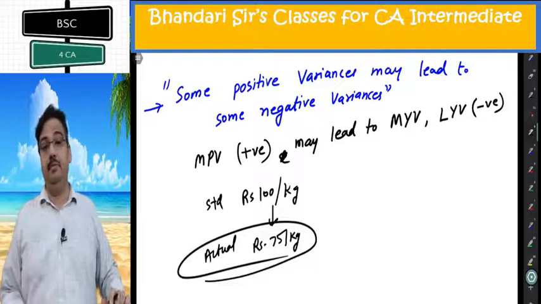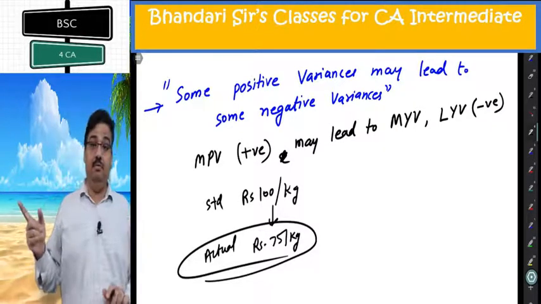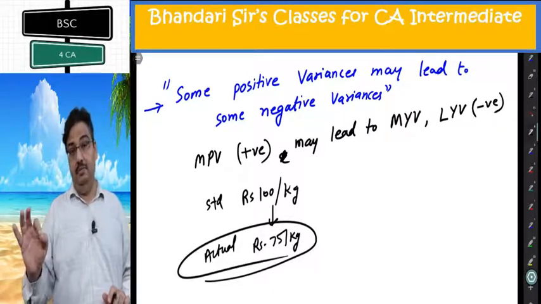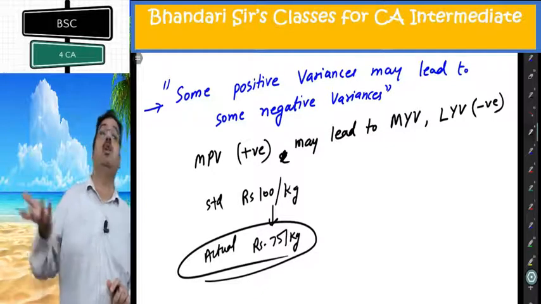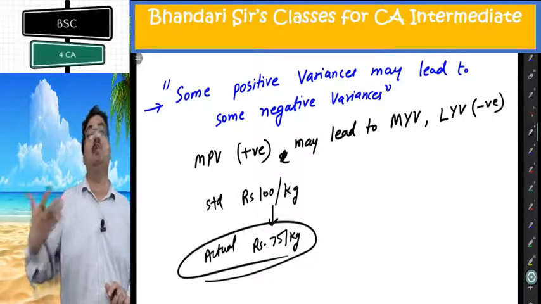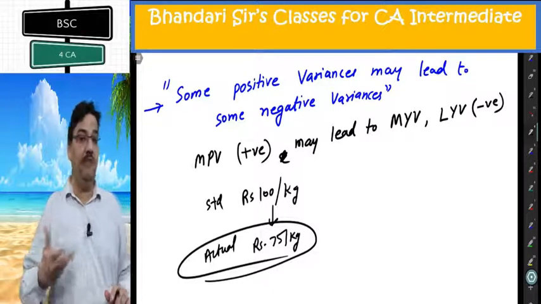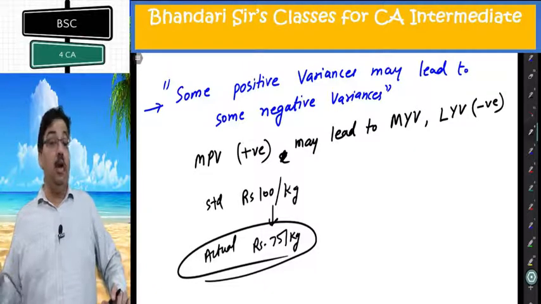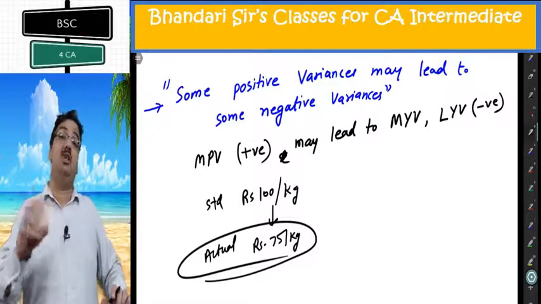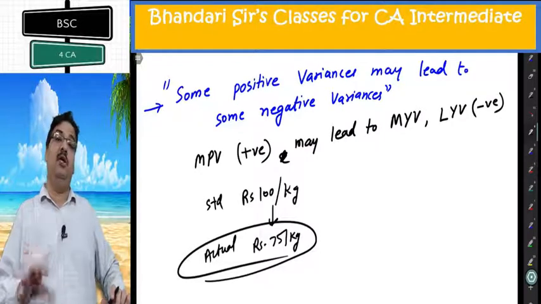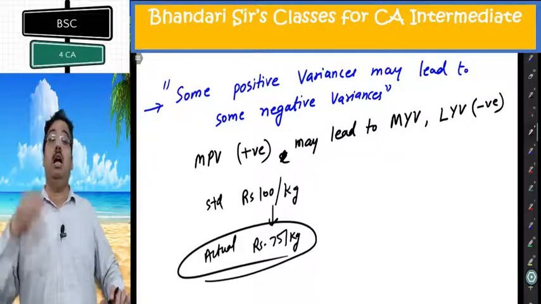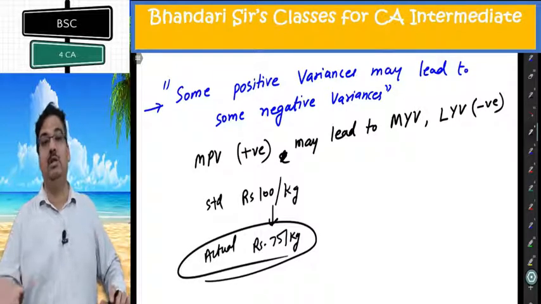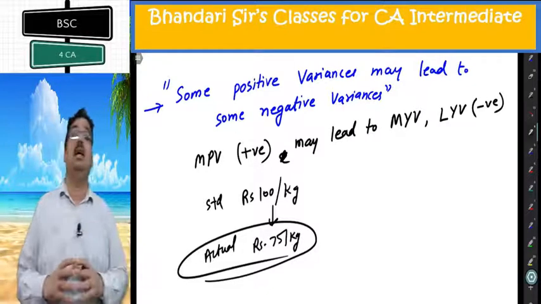Reverse can also happen. MPV negative which gave positive yield variances. They bought better quality material than what was planned. This will come in the comments of the management only. You can't judge from figures only. These are probable reasons I am talking about. So interpreting variances is not a kid's job. At inter level, you are all kids. You may not have that much detail to offer. Once you reach final level or otherwise at higher levels, you will need to understand these intricacies further.